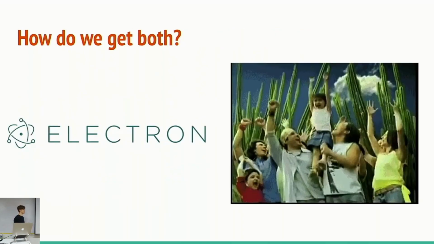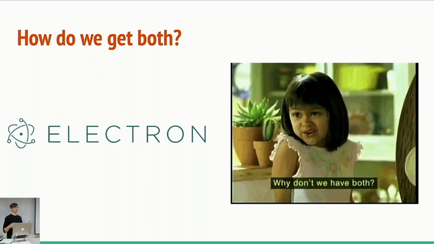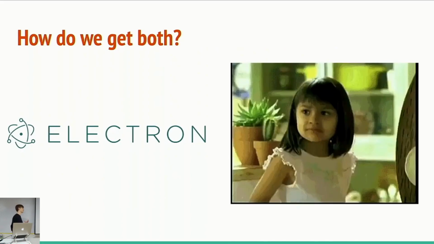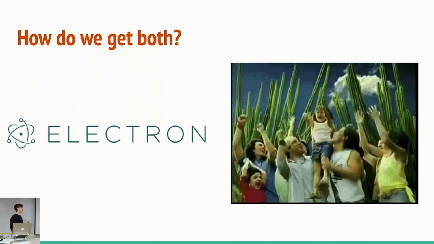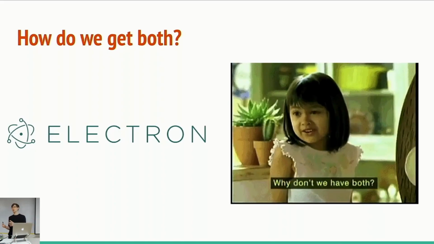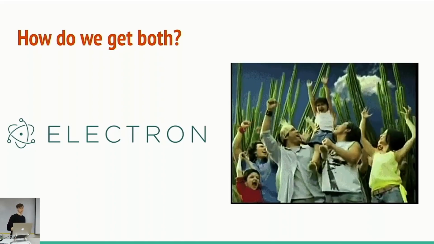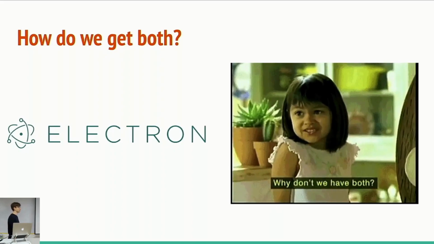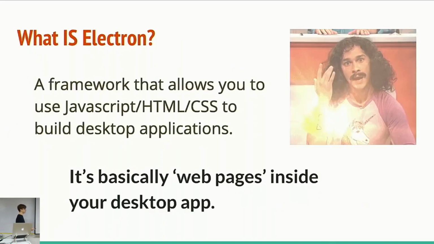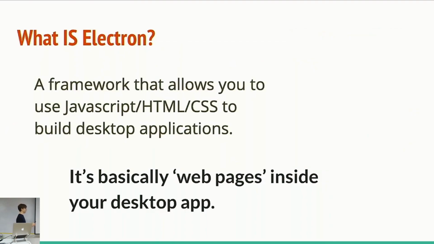But how do we get both? We want to be able to not learn a bunch of different frameworks. We don't have to learn all this different stuff. But we also want to have the cool parts of a desktop application where we can access all of those components. And that's actually where Electron comes in. But what actually is Electron? It's magic. Not really, but it's a framework that allows you to use JavaScript, HTML, and CSS to build a